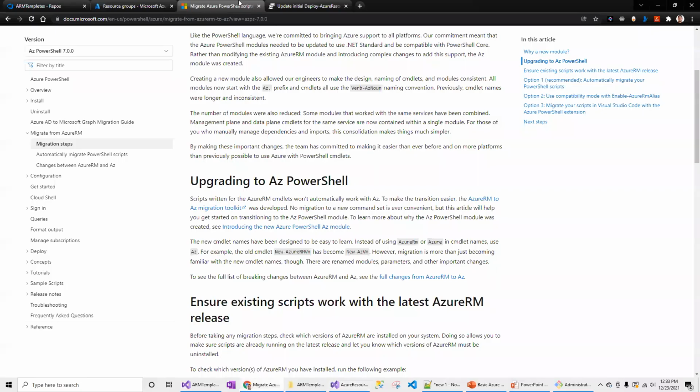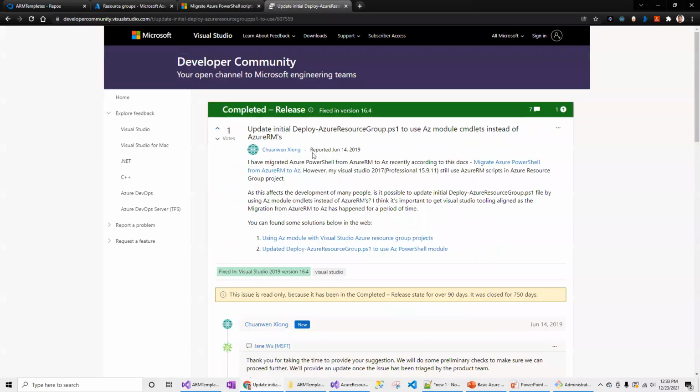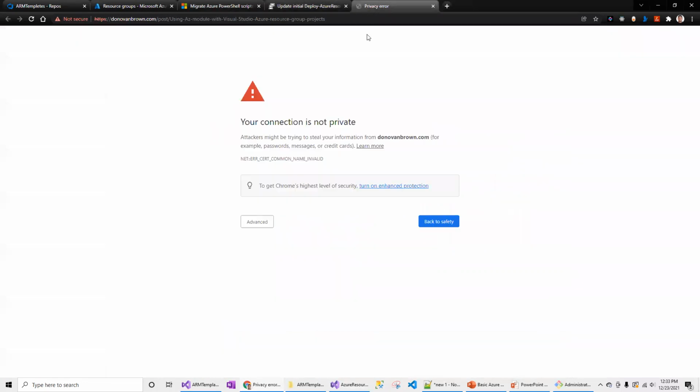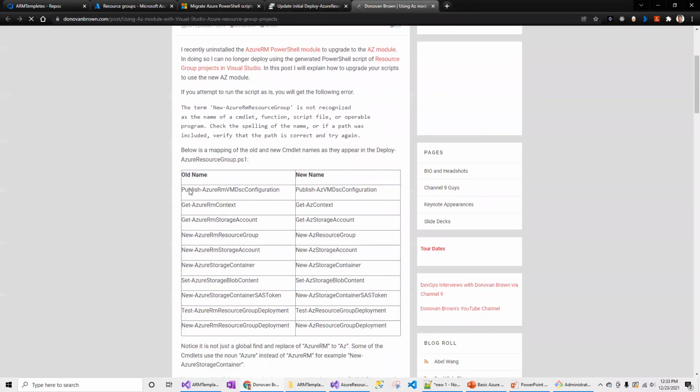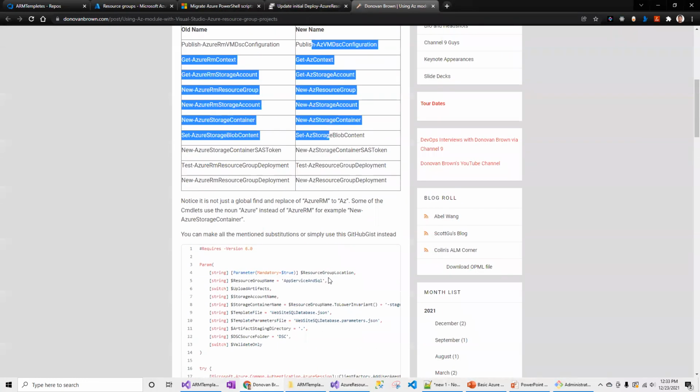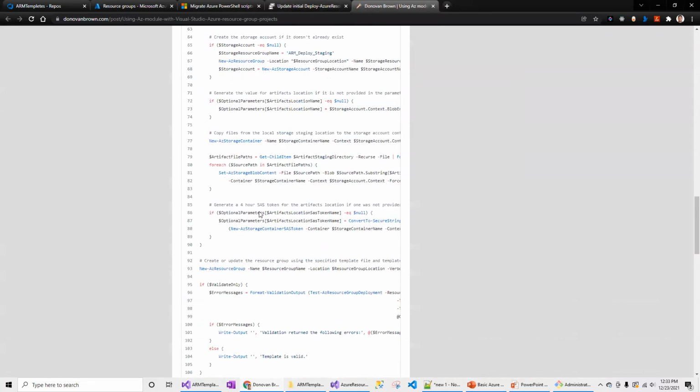So I had to follow this article for updating the existing Deploy-AzureResourceGroup PowerShell file, replacing the AzureRM with Az. He pointed out a few useful links here, so you can click on this, and he explained what the old syntax and the new syntax are, and also has some PowerShell script here.